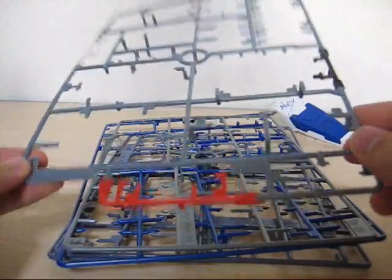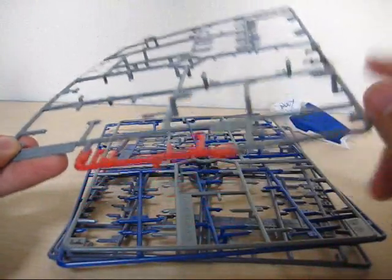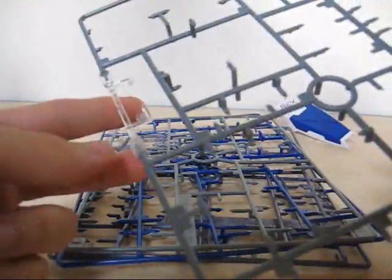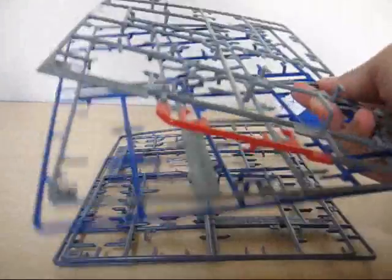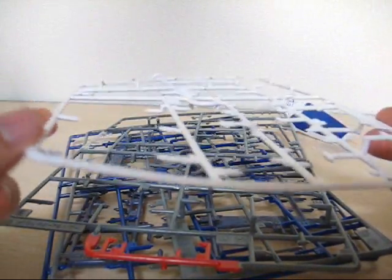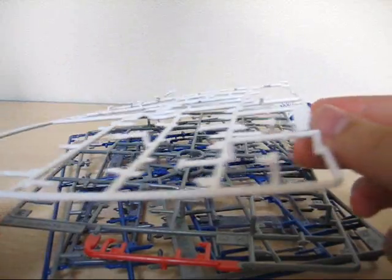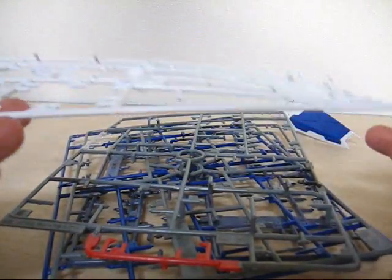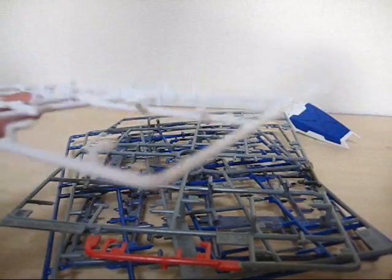Some of the strange parts: this huge gray part for the armor has, I think, two red parts, a single black part for the waist, and the clear part for the eyes. So it seems a little bit strange that that's not on the A plate. And what I really noticed was that I had this awful sprue where the parts were half torn off on one side, because it just looked like it was either poorly made or it's just been sitting around for a